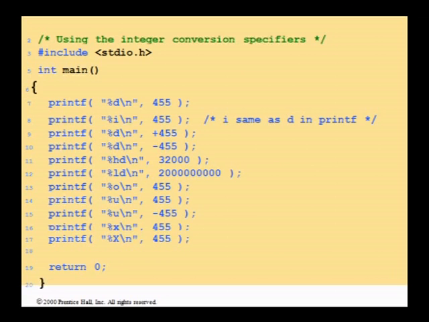So "%d\n" is the format control string, and your other argument is 455. What do you want to print here? 455 is your number, and it is of type integer. Then %i: d and i are the same here. %d with +455,